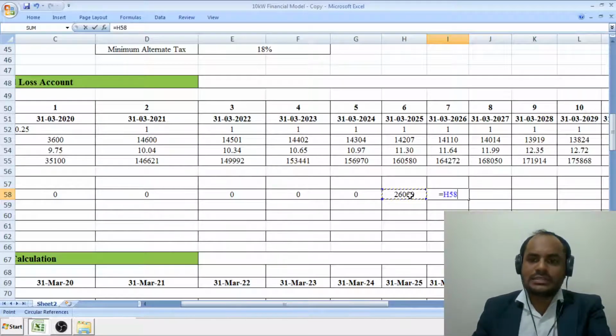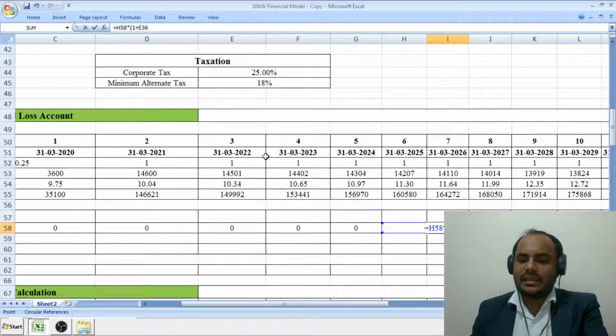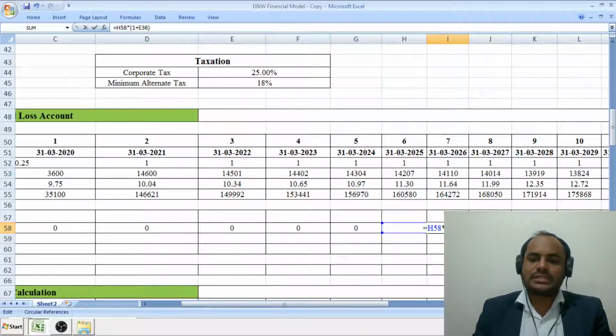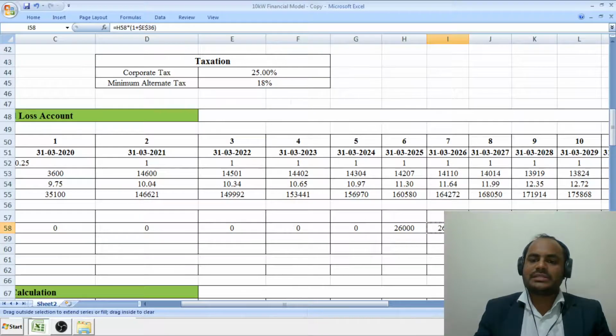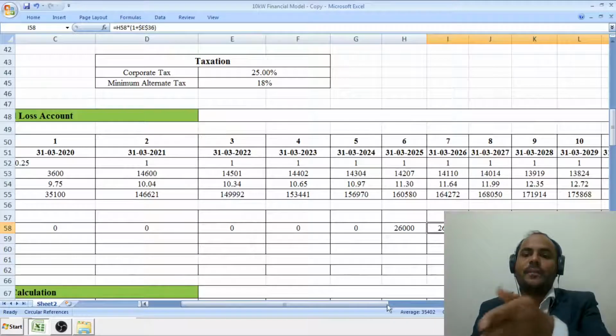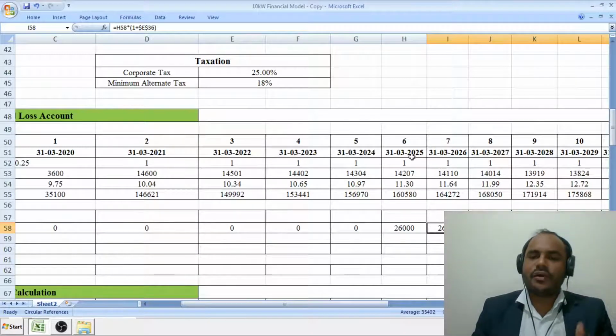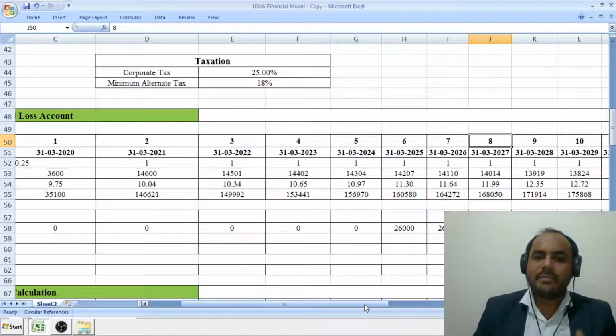For writing the formula, select the last year's cell, multiplied by 1 plus 3% of the escalation in the operation and maintenance. Select this particular cell and complete the bracket. We have to fix this particular 3% cell for all the calculations because the cell will be common for selection. So enter. Pull this particular cell up to the 25 years of the span. From this you can calculate the subsequent operation and maintenance cost from the 6th year, 7th year, 8th year, 9th year onwards, considering the hike in the prices of operation and maintenance by 3%.